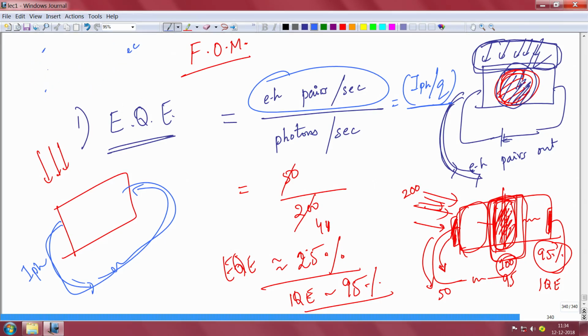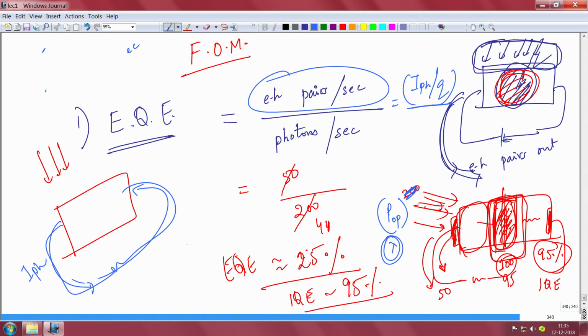Basically you are shining light of some optical power density, P_OP, in watt per centimeter square or whatever. You are shining light of a monochromatic wavelength, which means there is only one wavelength. Your light does not have multiple wavelengths, otherwise it becomes difficult. In photodetectors there is not a spectrum of sunlight to detect. A photodetector essentially will detect light of a particular wavelength only. So you want a light that has a particular wavelength lambda.